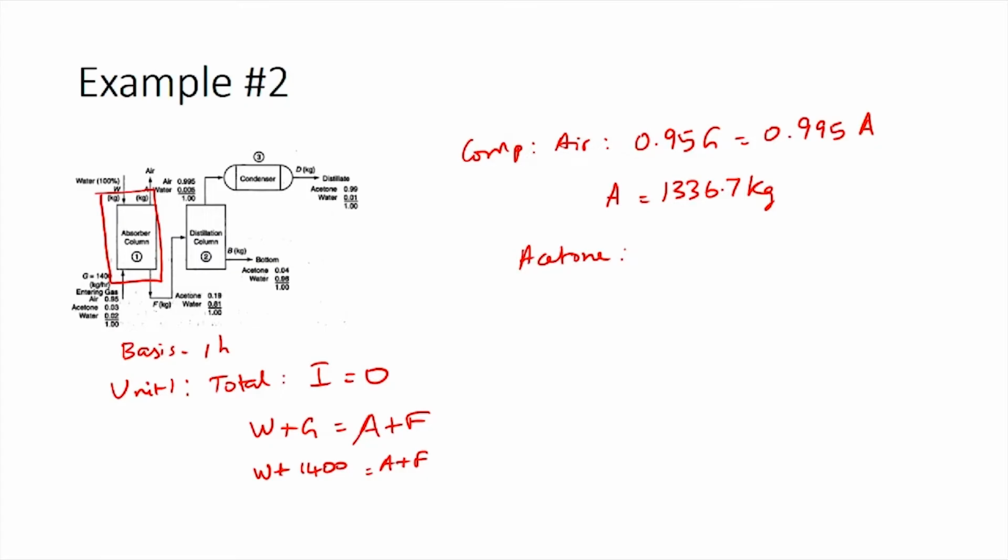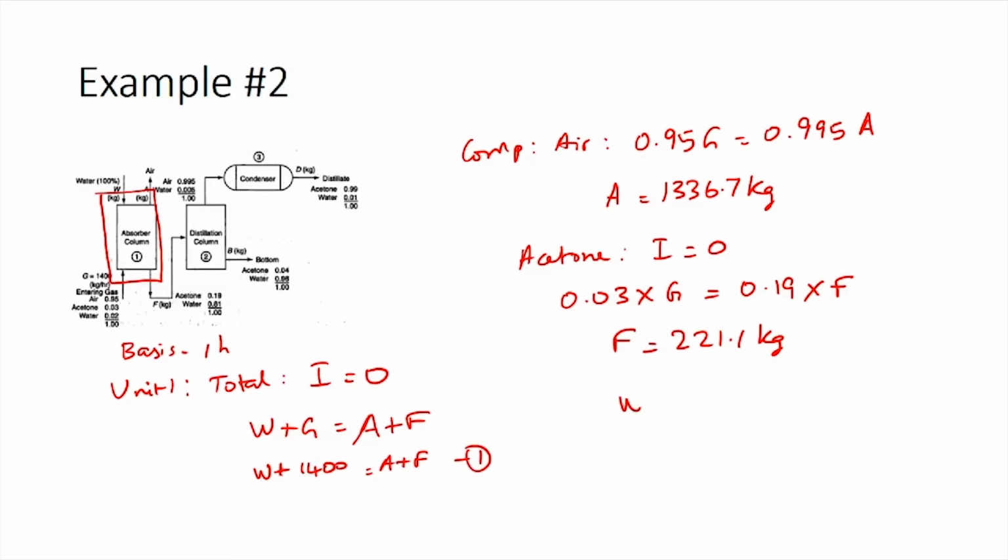So, the acetone balance, which is input equals output, would then become 0.03 times G, which is 1400, is equal to 0.19 times F. As we already know the value for G, we can calculate F as 221.1 kilograms. Substituting the values for A and F in equation 1, which is the total balance, we can calculate W as